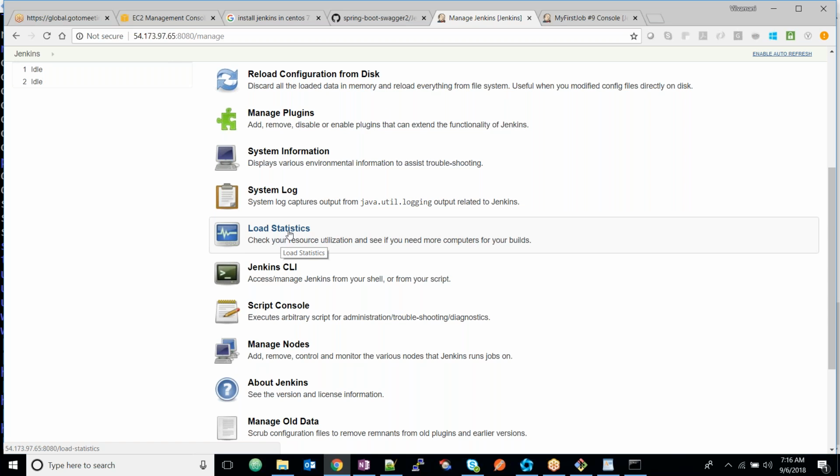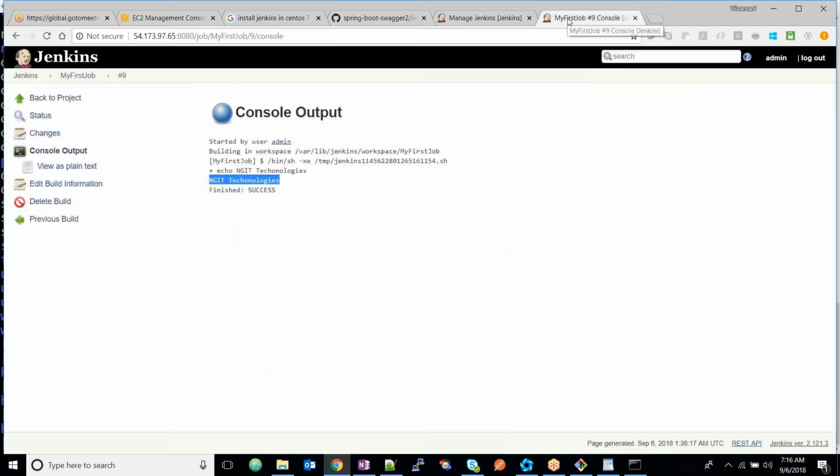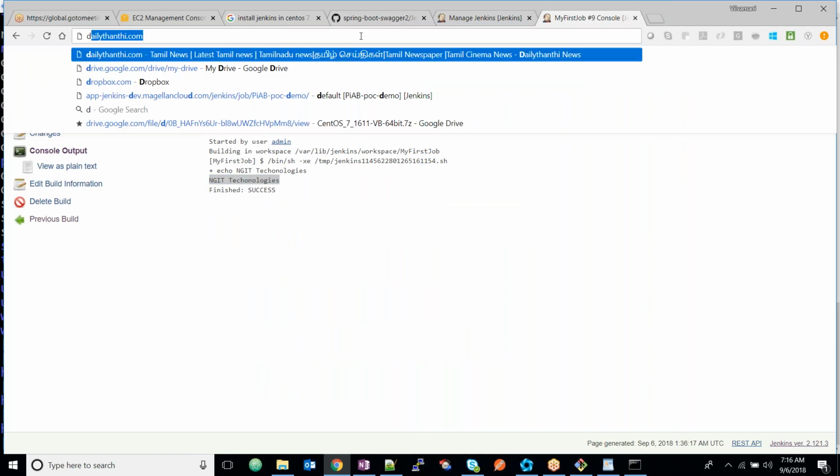Do you have any idea about Tomcat? I guess in college I used it, but I'm not very sure about it. Okay, it is very simple. It is very simple. I'll give one assignment to you. Go to this website and download